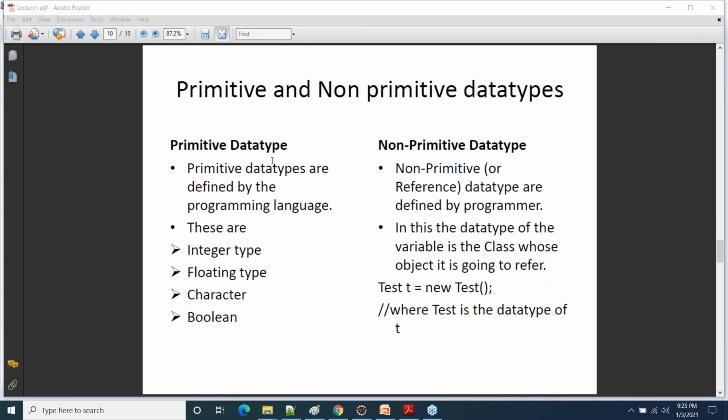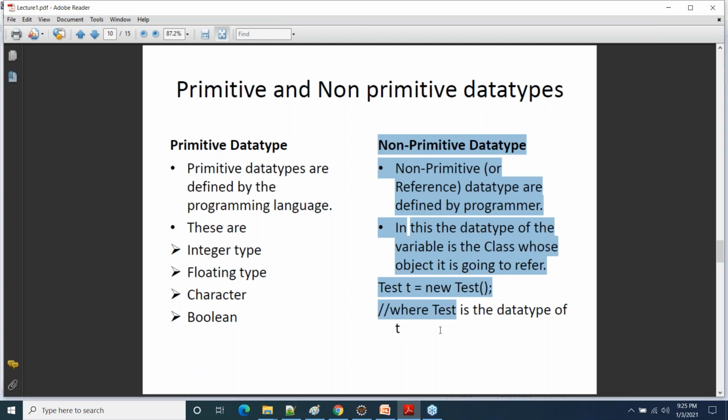So there are basically two types of data types. The first type is primitive data type, and the second type is non-primitive data type. First let's discuss non-primitive data type, and then we'll come to the primitive data types. Non-primitive or reference data types are defined by the programmer.